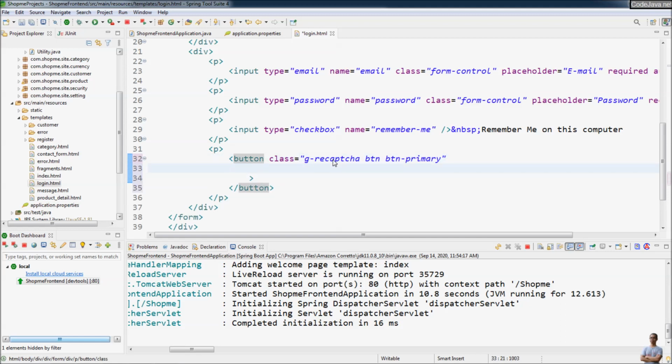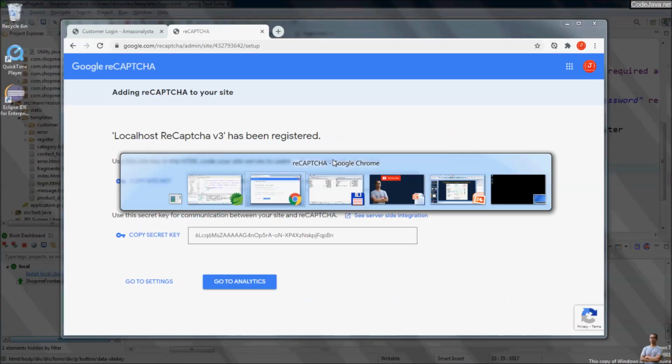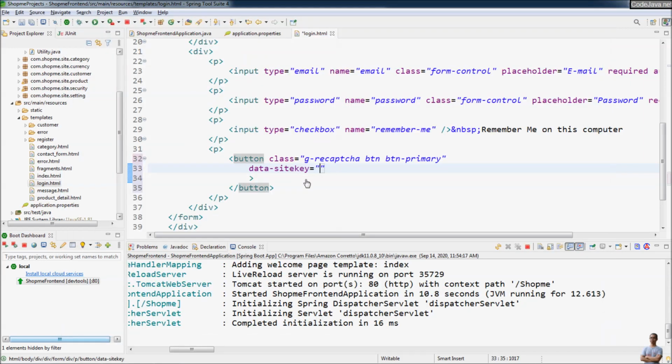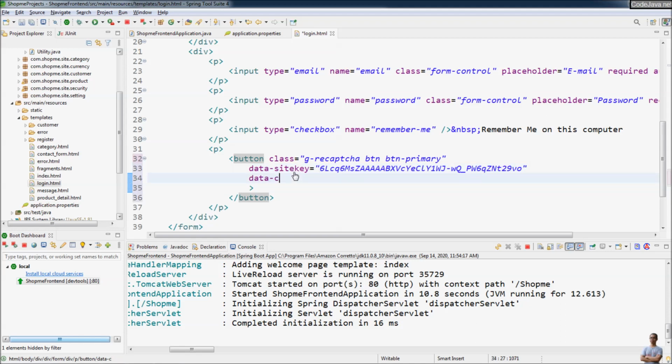And we also need to specify the data-sitekey, which is the site key of the reCAPTCHA site. We have it here, so copy the site key here, paste here as data-sitekey, and data-callback. Specify a callback function onSubmit,